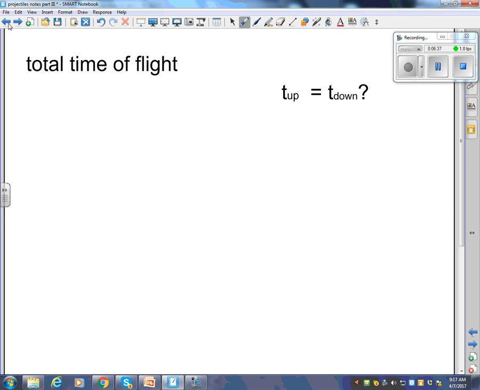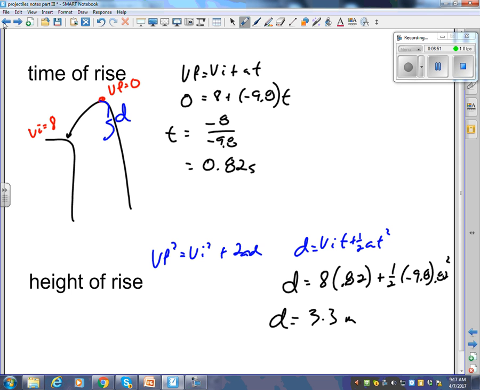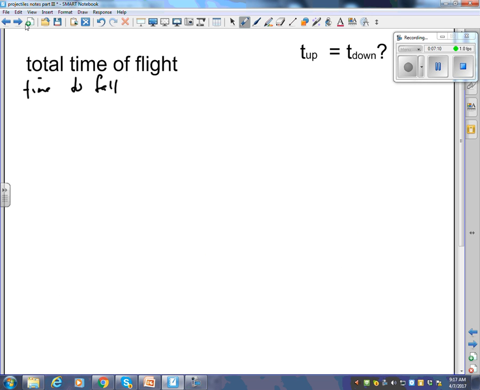So how am I going to find the total time of flight? Well, what you can do is this. Figure out the time to fall, right? The total time up is this 0.82 seconds. How long does it take to fall from there to there? Well, you also have to remember that you're not just falling 400 meters, you're actually falling 403.3 meters. You're falling from there. Okay? So, the total time,